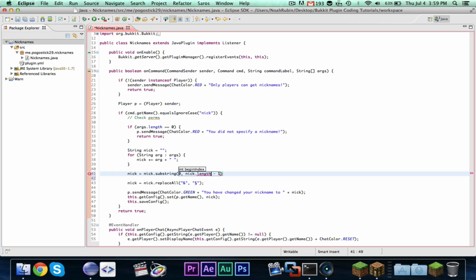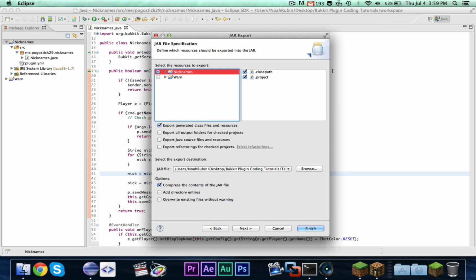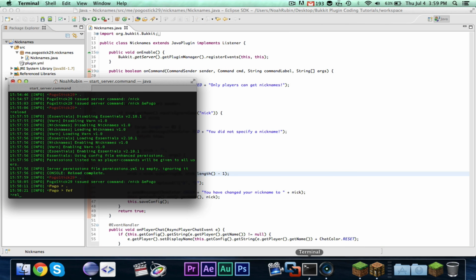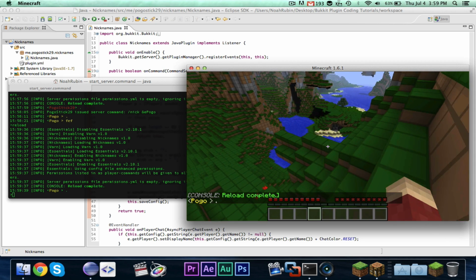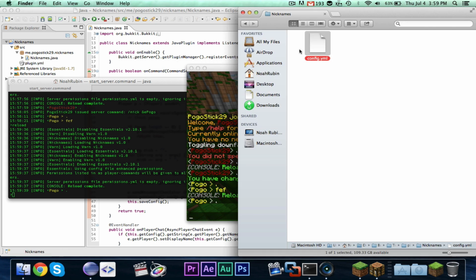And the reason why we're doing this is because for every argument that I specify, it puts a space at the end of it. So all we're doing here is we're taking a substring which removes the last character, which is a space. So now if we reload and I go and chat, it will still, okay, because let me